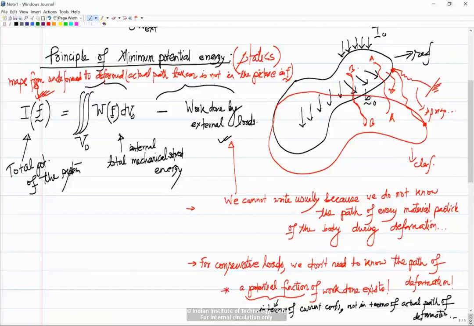Yeah, so what he's saying that in mechanics, suppose you have a body which is acting under gravity and you also may be having springs attached to it, then you can visualize that okay, you have the gravitational potential and the spring potential, which together has to be minimized, right? So you are minimizing that potential. So what is it that you are minimizing here? So as you can see, the first term is the strain energy of the body itself,